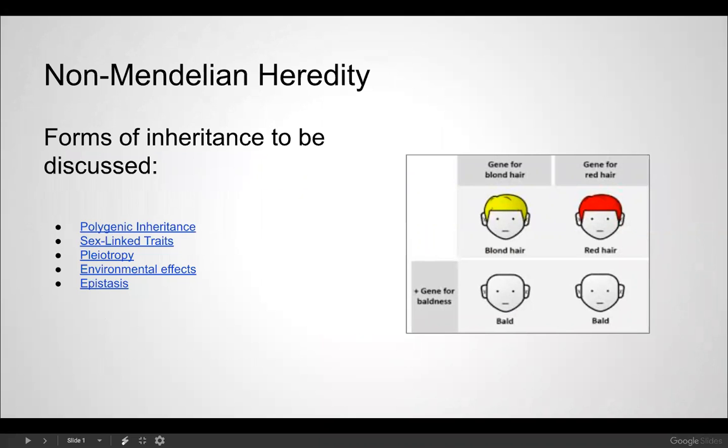Non-Mendelian inheritance, part 2: polygenic inheritance, sex-linked traits, pleiotropy, environmental effects, epistasis. Again, lesson 4.2, and these are different inheritance patterns that do not follow Mendel's genetics, right? Basically, the law that stated you had dominant and recessive traits that will determine a characteristic. These are traits that are going to behave a little differently. So the first one,